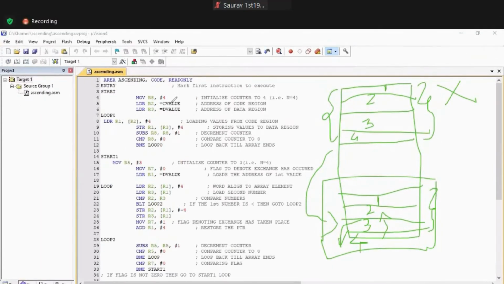So what is happening over here? This particular address, where my first location is stored, is given by the C value label. Then wherever it is being stored in the destination, where I am trying to copy all these numbers, is given as the D value label. Clear now? This particular area will be the C value, and this particular area will be given the label D value. Clear, all of you now? Yes, ma'am. Okay, so this is done.